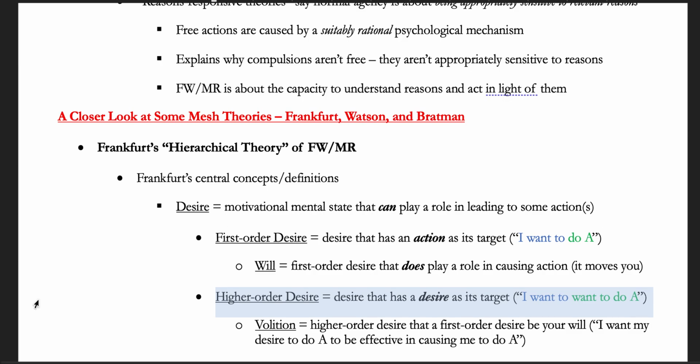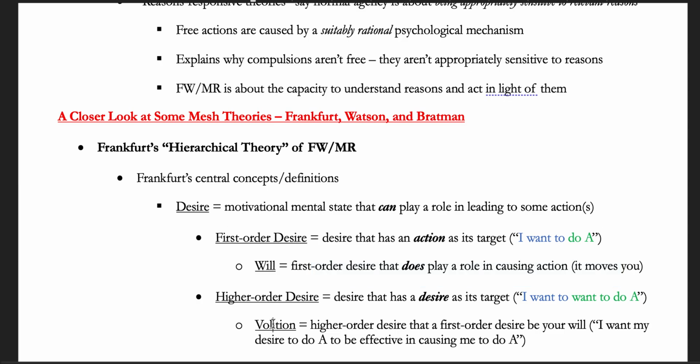And hopefully it makes sense why it's called higher order, because there are these levels to your desires. You can desire A, you can desire to do A, or you can desire that you desire to do A. And of course we can probably keep going. You can desire that you desire to do A. Now, when your higher order desire says that not only do you want to have that desire, but you want that desire to be your will, you want it to be effective in playing a role in your actions,